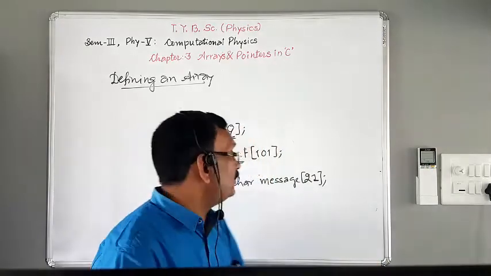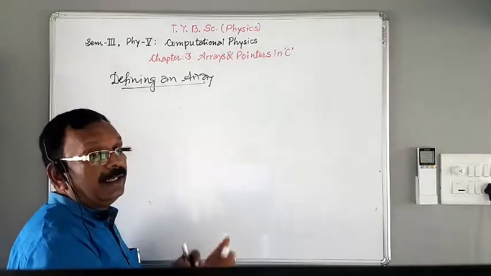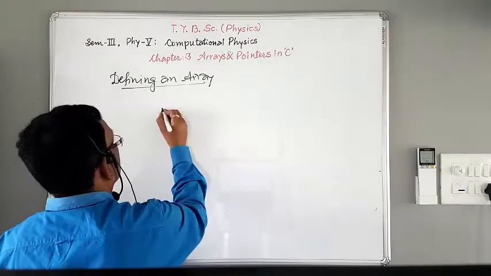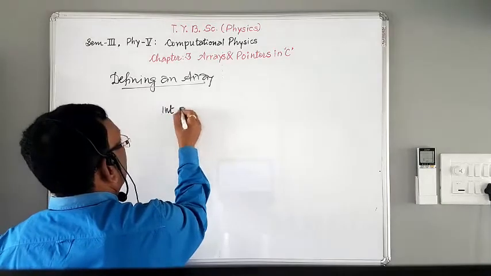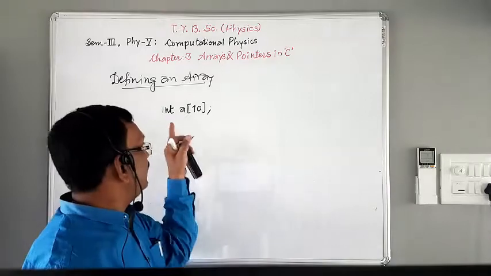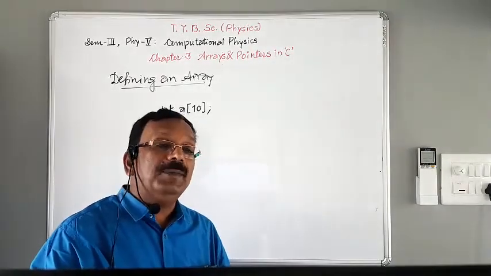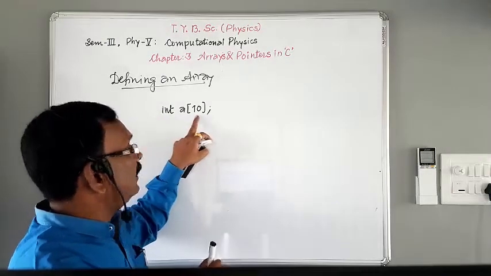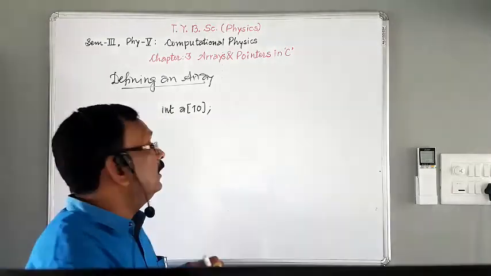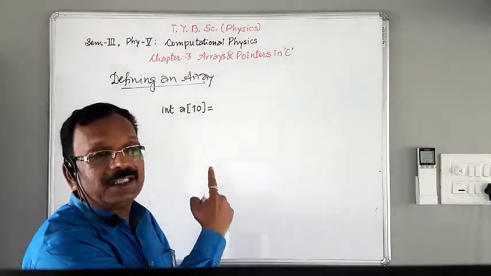Okay, suppose there is an array like this, integer a[10]. Again remember that a is the variable name, 10 is the number of elements of the array, and integer is the type of the elements. Now these variables can be initialized like this: